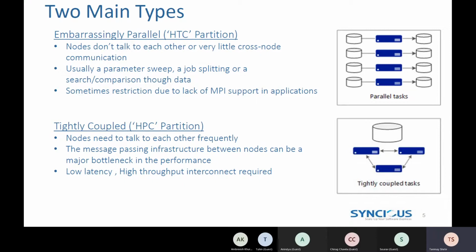The second requirement for the embarrassingly parallel job is that we can split the storage also. So for example, every server gets its own storage, and at the start of the job itself you split your input data into different segments, and you send those segments to individual storages which can be directly attached to the server.